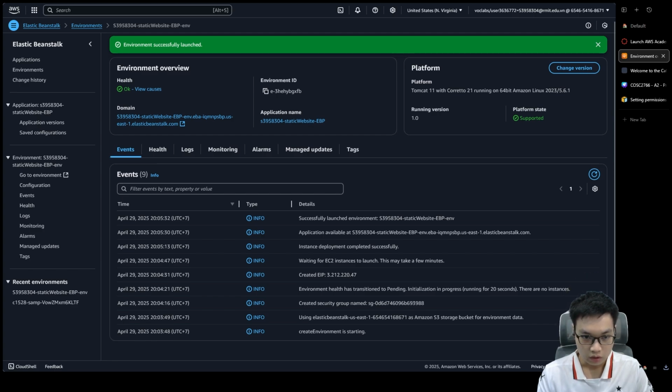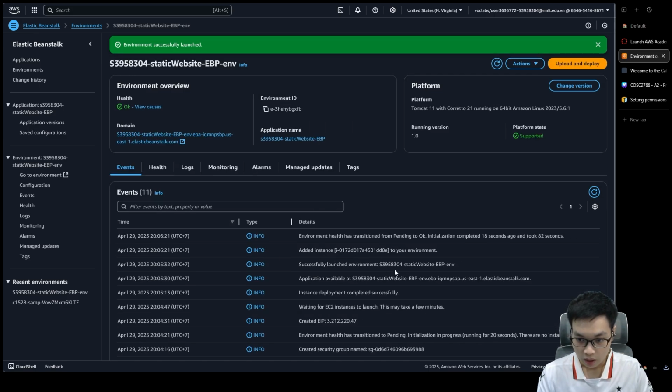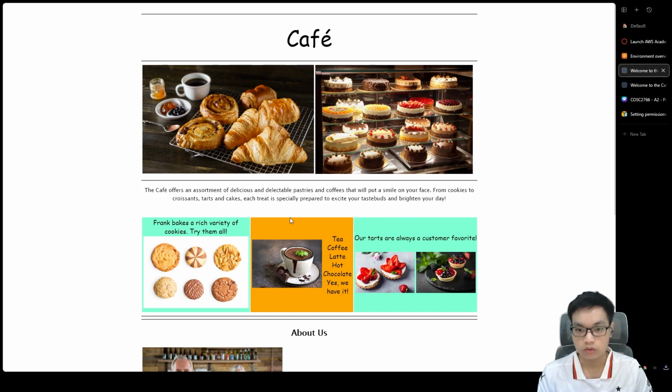So you can see in the events tab here what it did. It created an S3 bucket for environment data, it created a security group, it created an Elastic IP, it launched EC2 instances, and it successfully launched our environment. And we can click on the domain of our website right here to see that our website has been hosted. It was pretty easy to do that, just a couple clicks and a few minutes, and our website is up